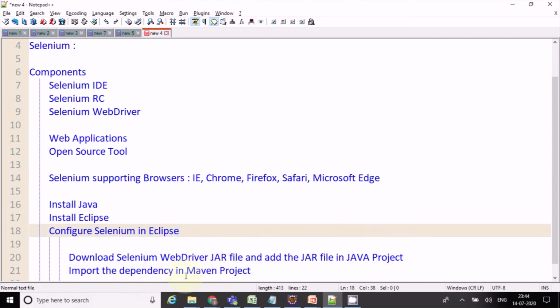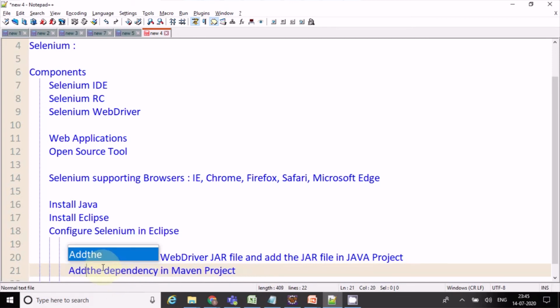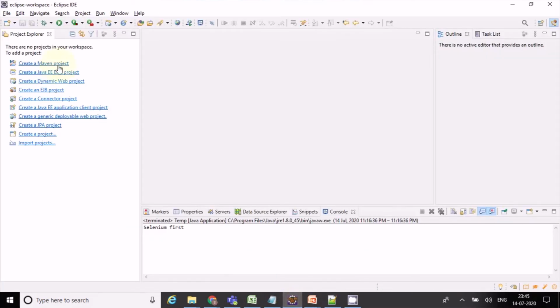I'm following this because in any company, we need to work with Maven or Gradle projects. So it's very easy to import and add the dependency in a Maven project.